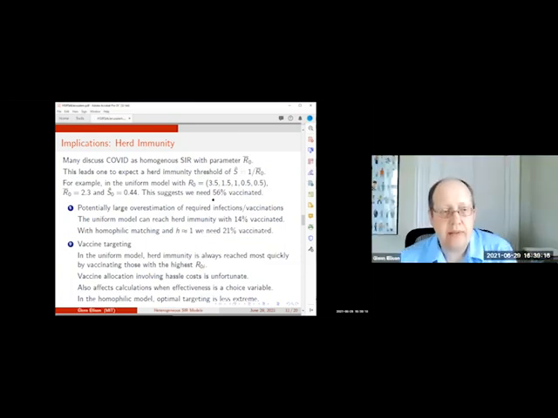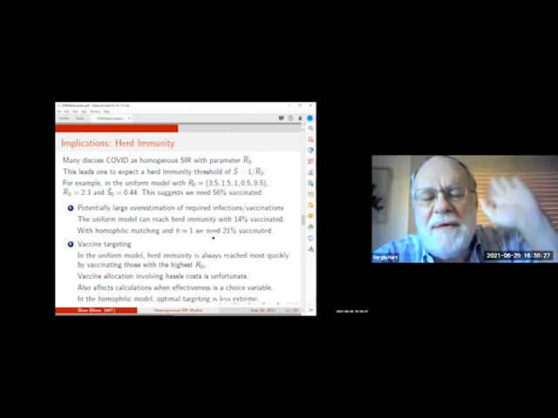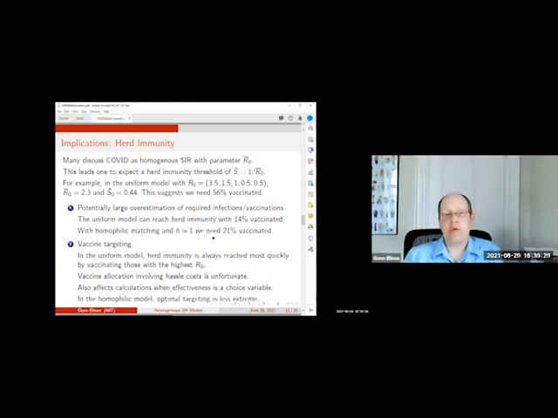Yes, exactly. In fact, the thing I was going to say here on vaccine targeting is that if you have different rates in different groups, you want to vaccinate the most active, because they're the ones spreading the disease. That's how you can reach herd immunity with 14% vaccinated: by vaccinating exclusively in the high activity group and not at all in the other groups. Doing 14% there actually stops this epidemic. So this epidemic is much more controllable than the homogeneous model makes you believe, and it's controlled with 14% vaccinated,